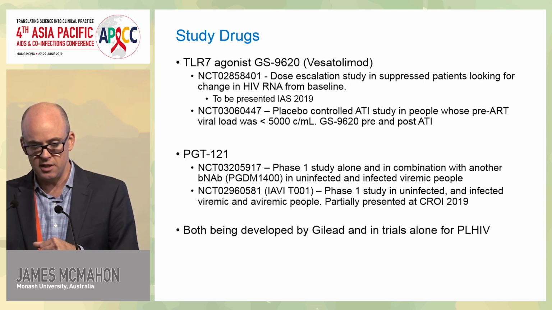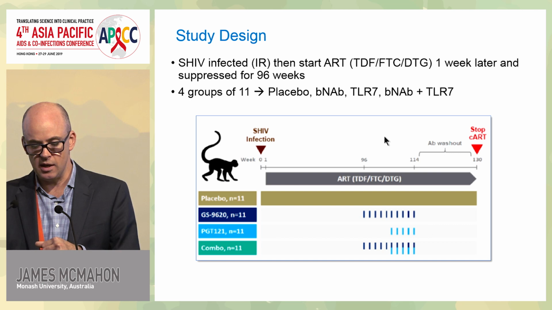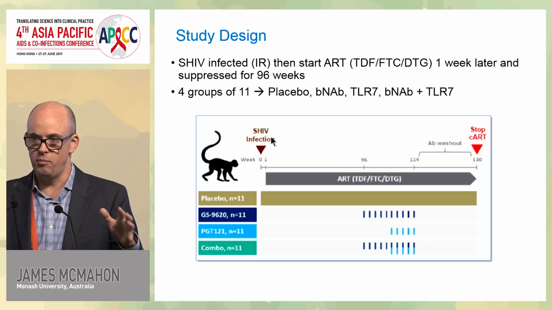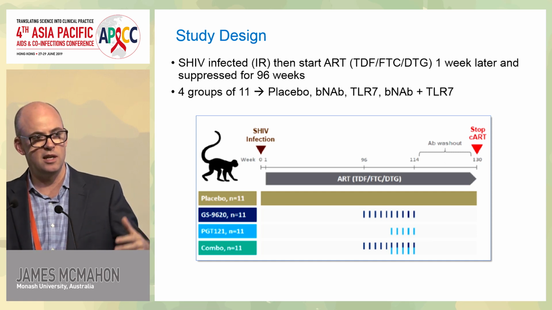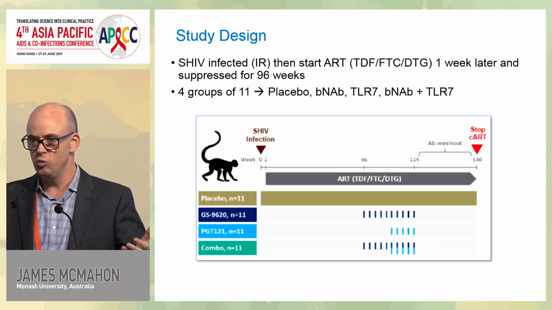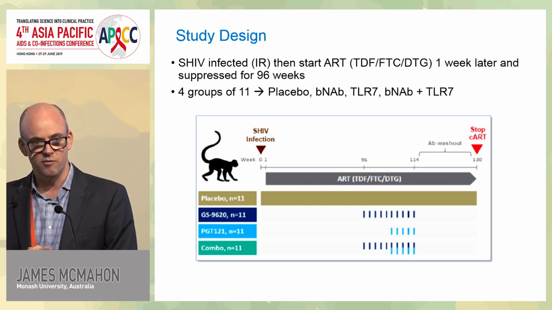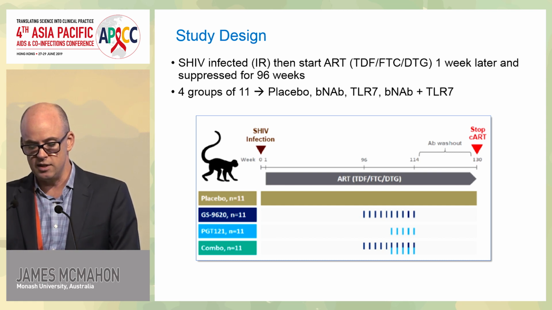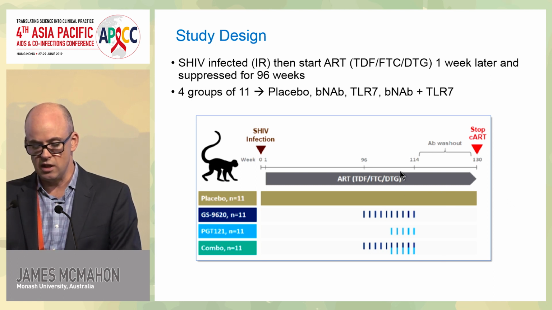So this is the study. Essentially, these are monkeys that, really importantly, are infected, and only a week after they're infected, they're put on suppressive antiretroviral therapy. So this is the classic example why monkey studies make everyone's eyes glaze over. This is not real world. People don't go on ART within a week of being infected, but this is a very controlled environment. And there's essentially 4 arms to the study. One, monkeys get nothing. One, monkeys get 1 intervention. Another arm gets the other intervention, and the other arm gets both the interventions down the bottom. And they're kept on antiretroviral therapy and suppressed, and these interventions are only given while they're suppressed, and then well after these drugs are gone from their system, they stop ART a couple of years down the track.